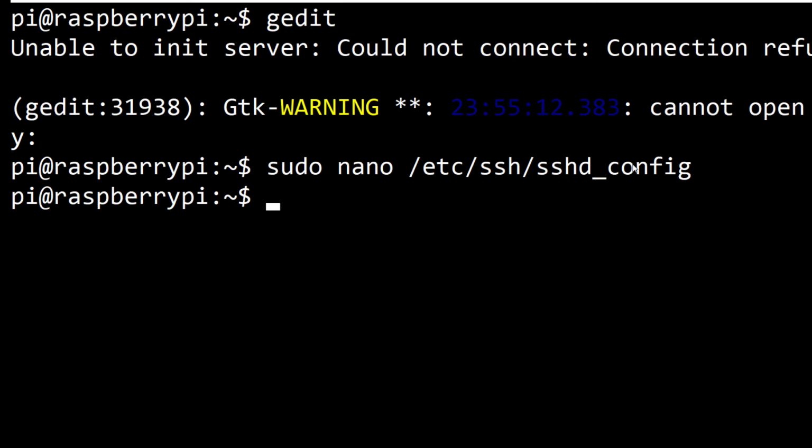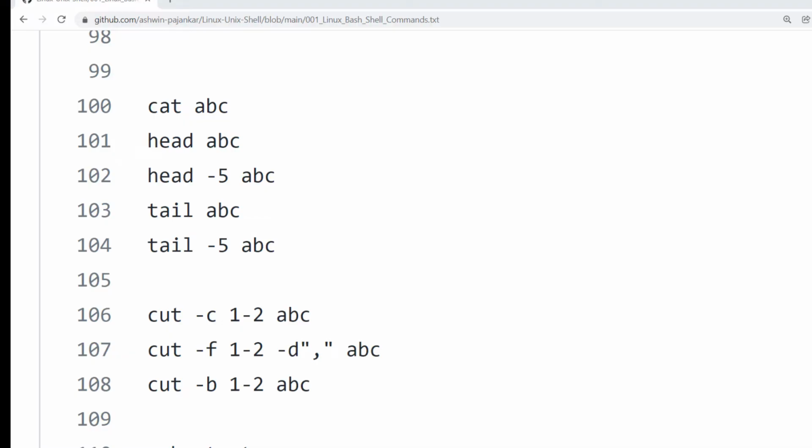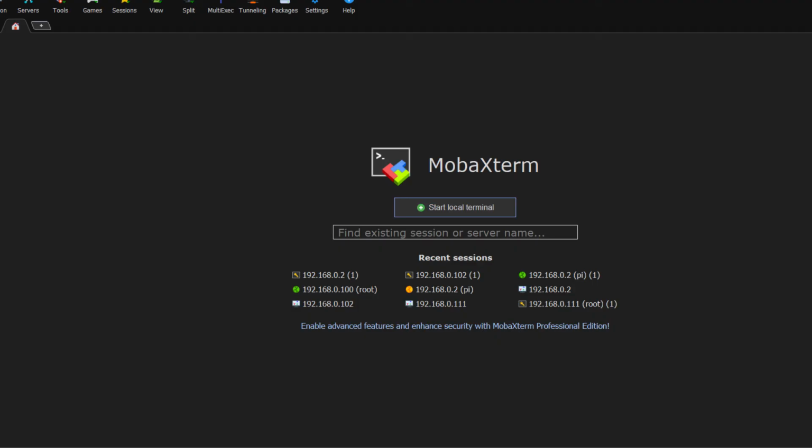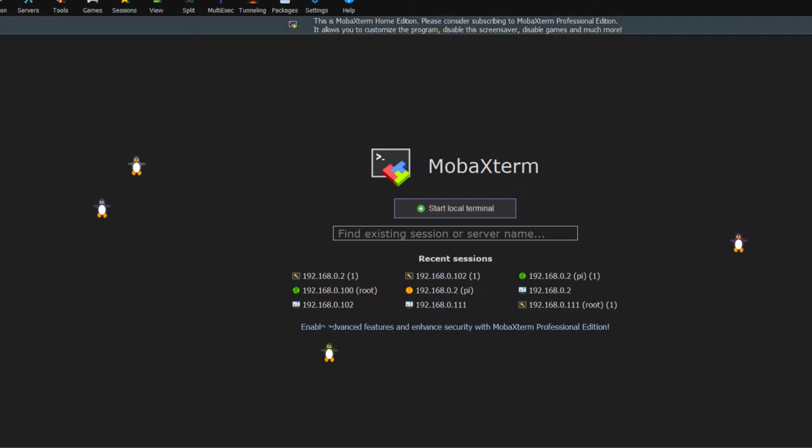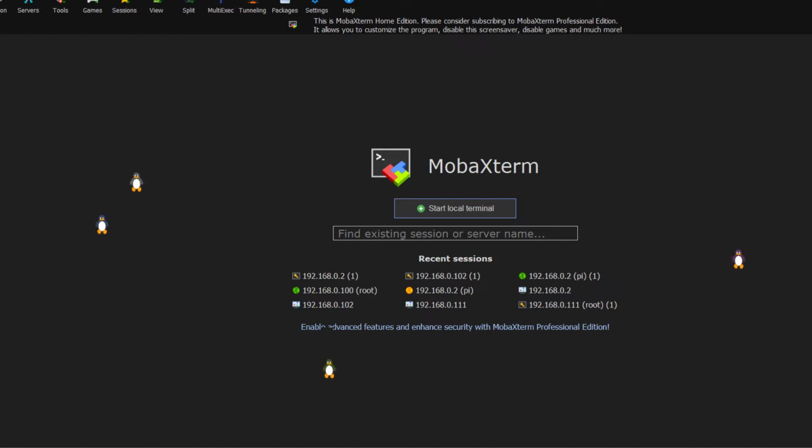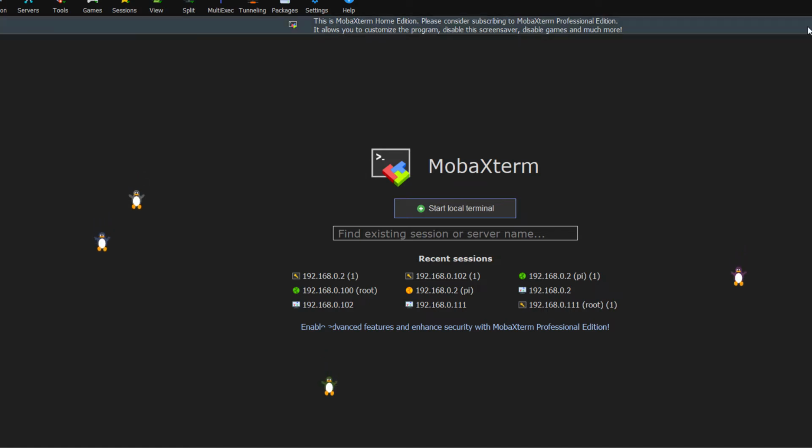Still, we are not actually able to open that utility, gedit, or any graphical user based utility. This is because we need to have some sort of X11 server running on our current system. So I have got a very good solution for this entire problem. We can just go ahead and use something like MobaXterm. It has got the X terminal as well as a built-in X server. So we don't have to open a separate program.